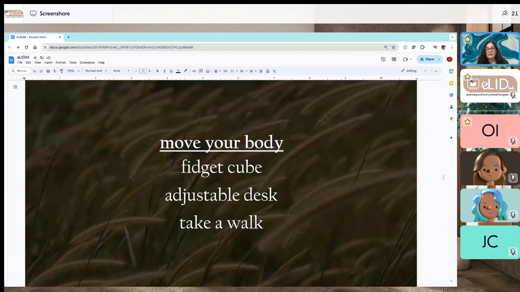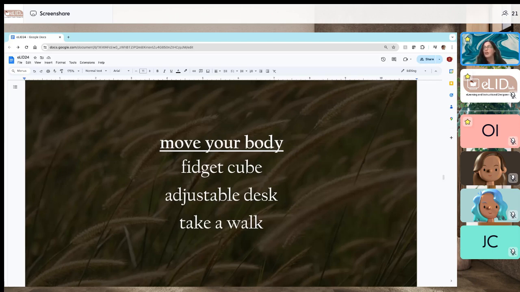All right, so the first thing that I have as far as a tool is very dependent upon your circumstances, but if you're able to, move your body. There are so many studies of connection between body movement and brain that you need to take advantage of that. And I know that's very difficult when you're having to be in an office and basically sit still. Us neurodiverse don't do well sitting still. If you see me, not just dancing there, but I'm jumping up and down a little bit, it's because I'm